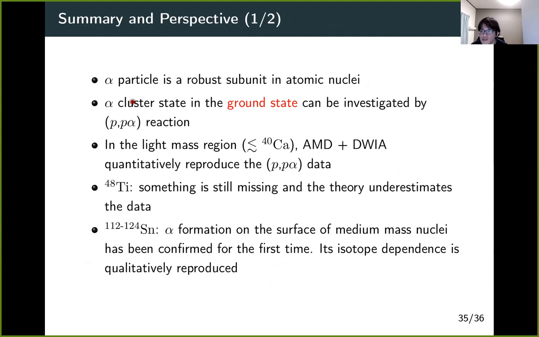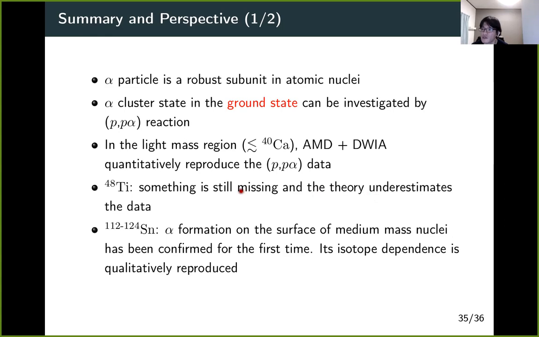So the alpha particle is a robust subunit in atomic nuclei. Alpha particle states in the ground state were investigated by the PP alpha reaction. In the light mass region, let me define it as lighter than calcium-40, the AMD plus DWIA framework quantitatively reproduced the PP alpha data measured by Carey et al. But for the titanium-48 case, something is still missing on the reaction theory or structure theory side, and the theoretical cross-section